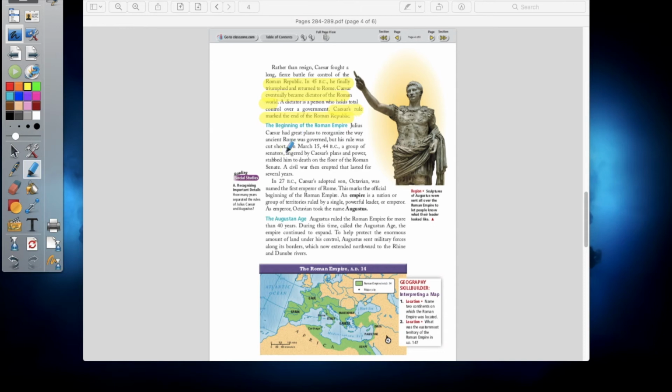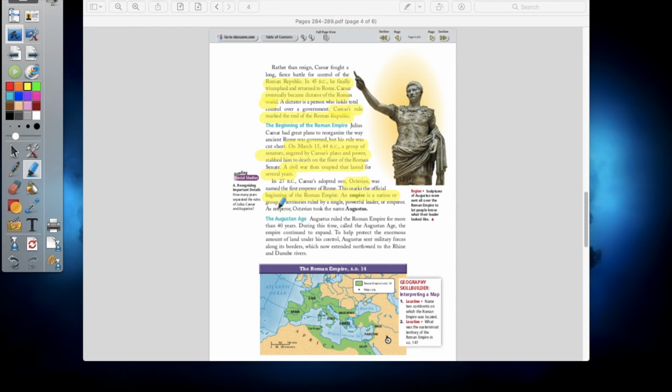That was until March 15th, 44 BC, when the senators basically assassinated Caesar. Caesar was assassinated and a civil war developed. Eventually, after several years of civil war, in the end, Caesar's adopted son, who was his nephew, named Octavian, won. Octavian was his sister's son, I believe, and his sister died, so Caesar was responsible for him because he adopted him. Octavian basically won the war in the end, and after that, the Roman Empire was really under the control of one person. That's when Rome stopped being a republic and became more of an empire at that point.